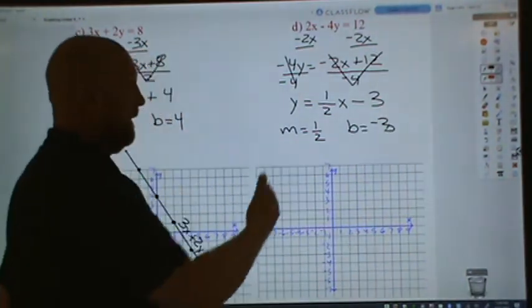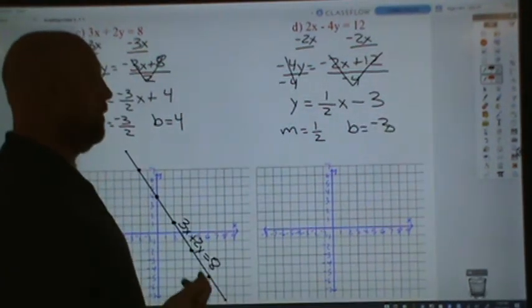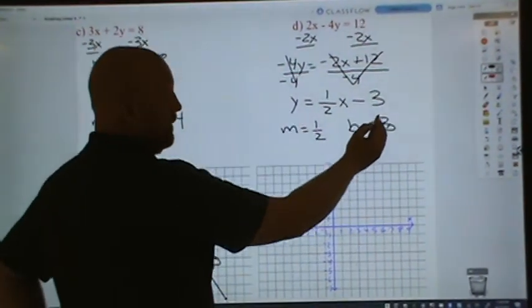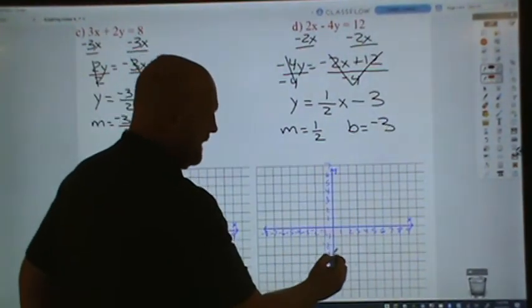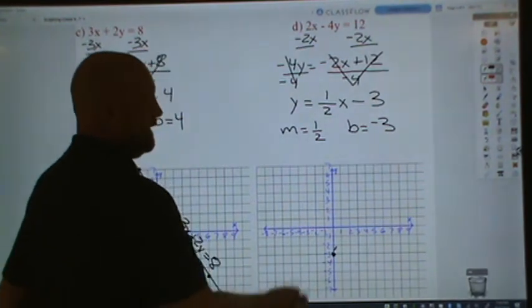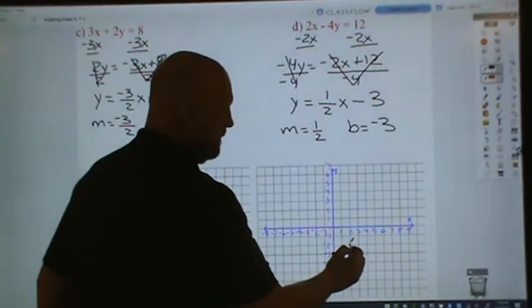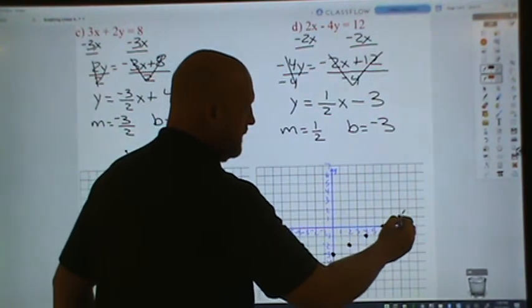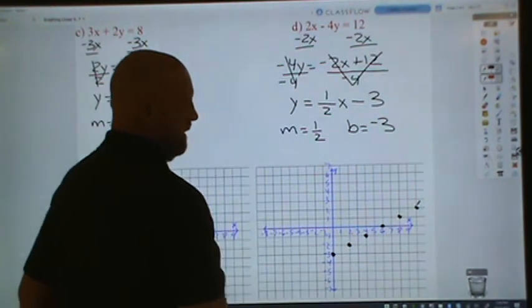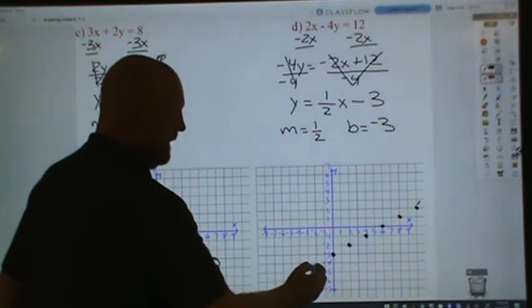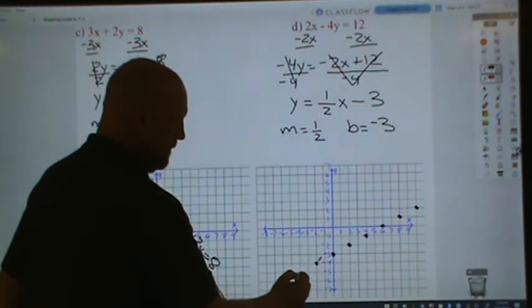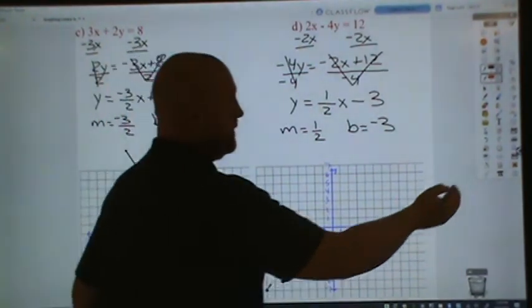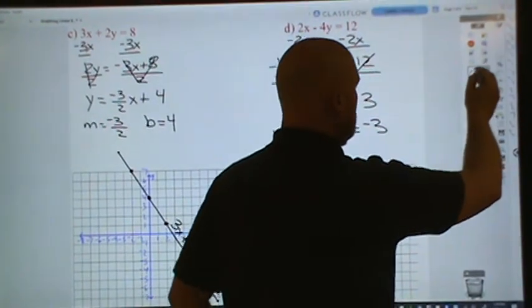I expect you to be writing all this stuff. Every time, write the slope, write the y-intercept. My y-intercept is negative 3, that's where I start. So that's down 3 from the origin. My slope of 1/2 means up 1, right 2. Up 1, right 2, and I just keep going up 1, right 2, and I'll keep going until I'm right off the graph. I can also do the opposite. I can go down 1, left 2. The opposite direction, down 1, left 2. Then I grab my straight edge, whatever allows me to draw that perfectly straight line, so